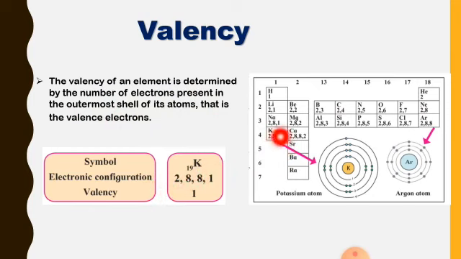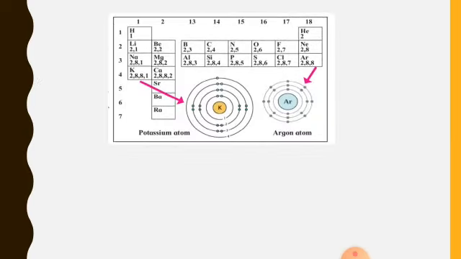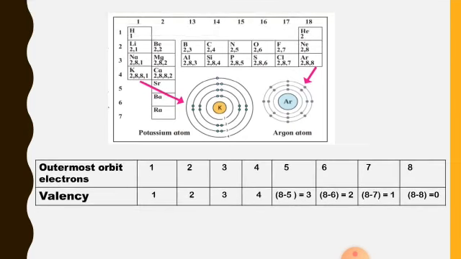Okay, so here if you can see in the group 2 elements, the outermost shell has 2 electrons. That means its valency is what? Its valency is 2. Okay, understand up to this? Yes. So now here I have written some tricks which will make it very easy for you to find out the valency of elements. So if the outermost orbit has 1 electron, okay, this will be applicable for group 1 elements, then its valency should be 1.